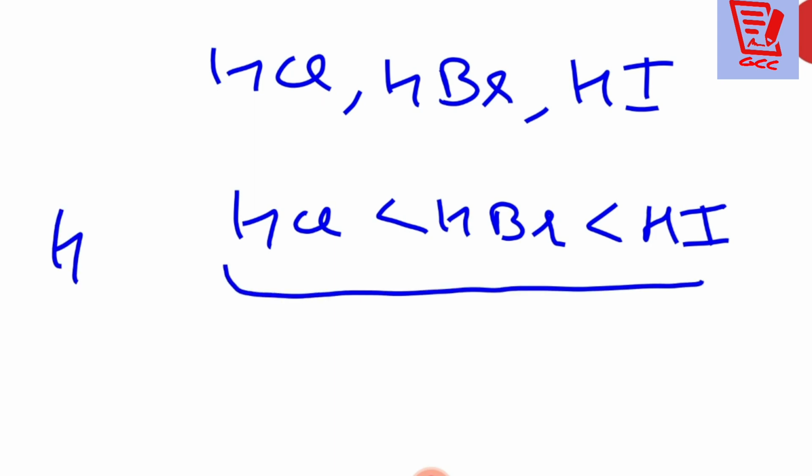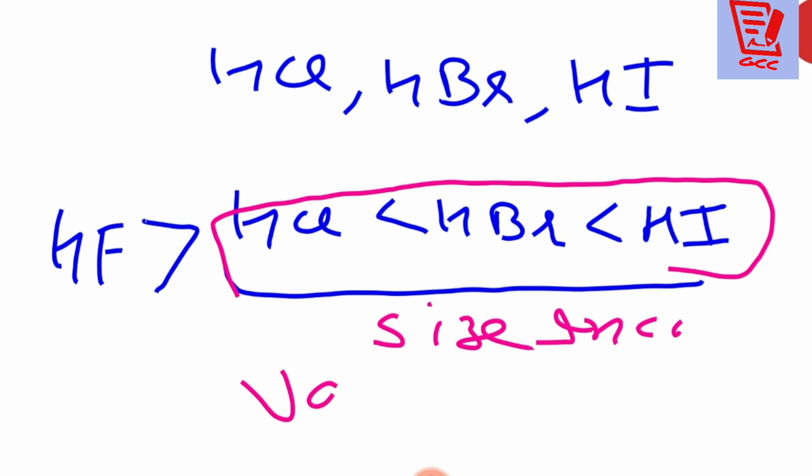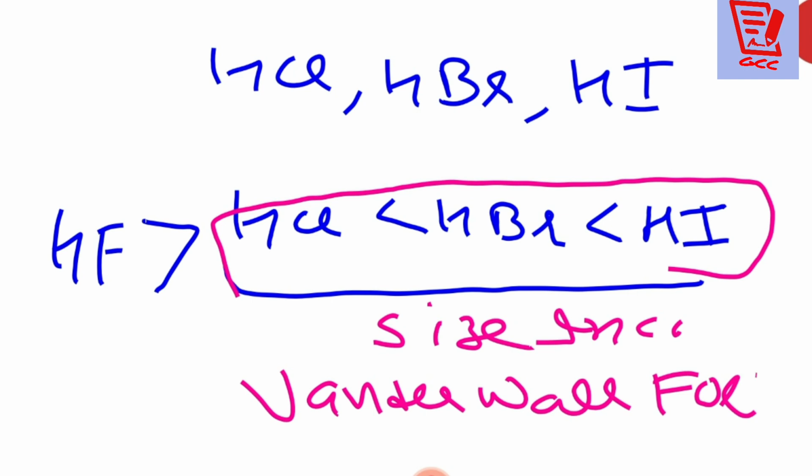For the HF, it is an exceptional case like this only. I think the reason you know very well. So many times we have studied, from Cl to iodine, size increases, and due to the increase in size, there is increase in van der Waals forces also. Van der Waals forces of magnitude also increases. And when the van der Waals forces increase, then what will happen there? Yes, then their boiling point also increases. But the same way we can give it for the melting point also. Okay, melting point will be also highest for the HF.